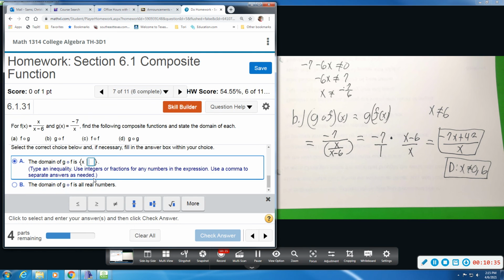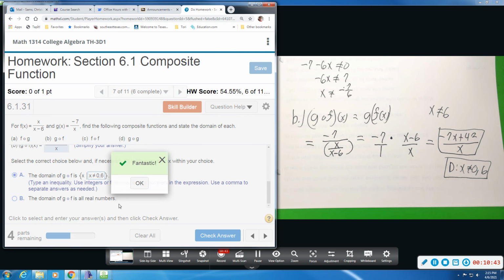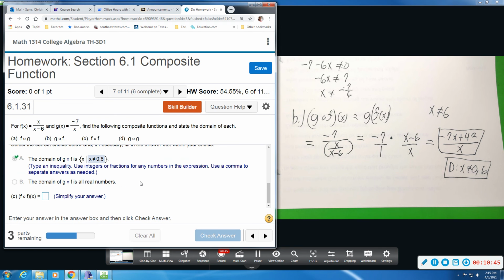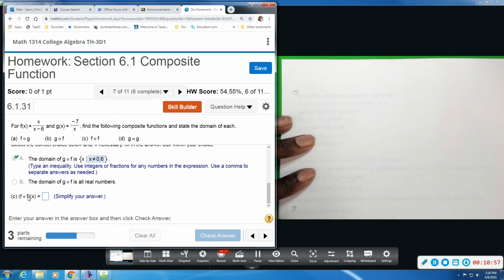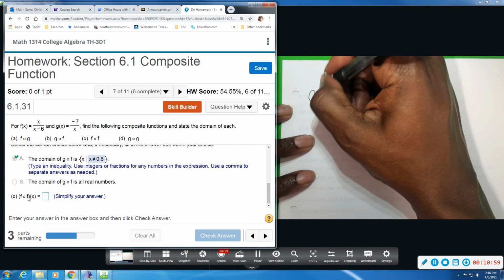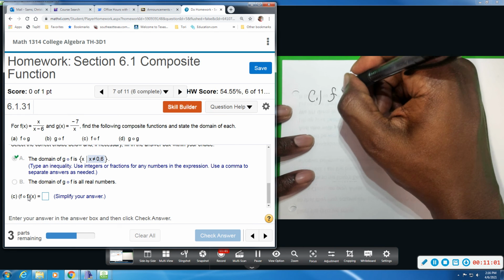And then our domain, x cannot be equal to 0 and 6. All right, so on part C, we're plugging f into itself. And so you still have to keep in mind those previous restrictions. So part C, we're doing f